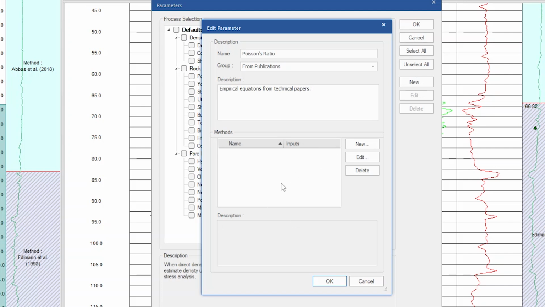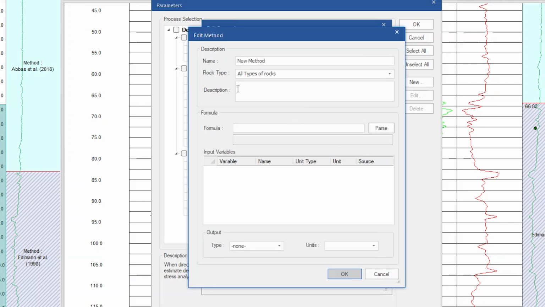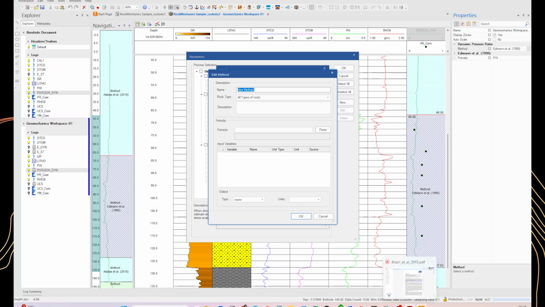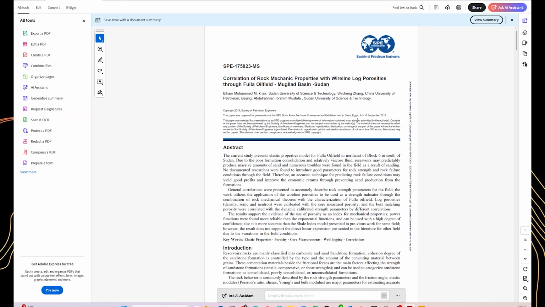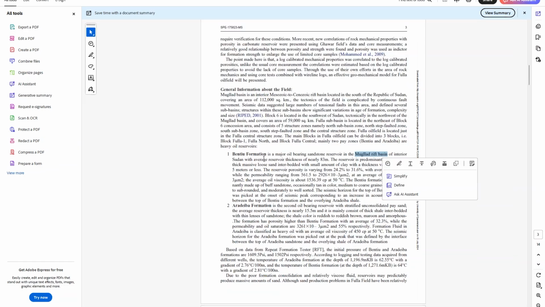In the methods window, we select New and we open a new method dialog. For this, the name of the method we select is Publication as an example. It is a publication from CARE, published in 2015.